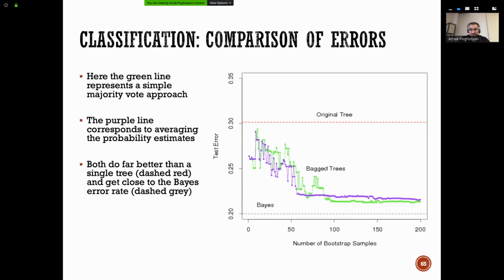And here are some comparisons. So we have the original tree. You see this dashed red line. This is the test error for the original tree. And then we have two different curves for bagged trees. Let's try to understand the difference. Here, the green line represents a simple majority. I recall what kind of problem we have in case of classification. Very interesting